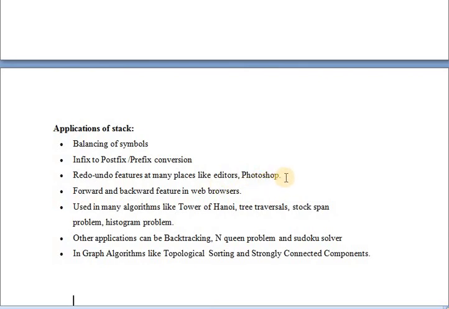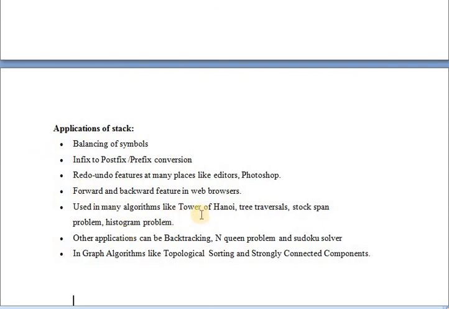You may be aware of the undo features. Next, forward and backward features in web browsers. You may have seen the symbols at the corner, forward and backward, in browsers like Google Chrome, Mozilla Firefox, and Internet Explorer.